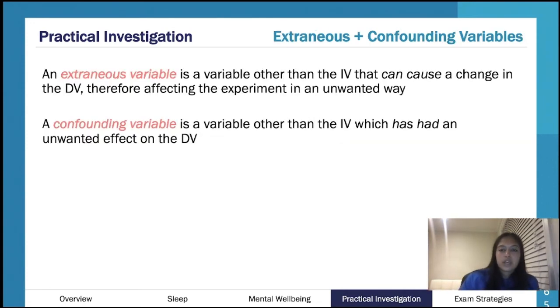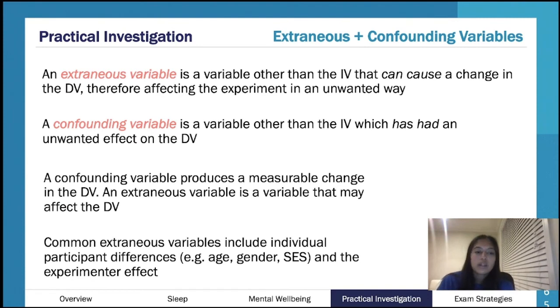Okay, so extraneous and confounding variables are really important in psych. There can be a billion of them because, again, you're working with people. An extraneous variable is anything that can influence the DV that is not the IV, obviously. So you do not want that. And then a confounding variable is basically the same thing, but it's that it's happened. If something is confounding, it's completely confused you. You don't know if the IV has caused this or if the confounding variable has caused this. So your experiment is useless, basically.